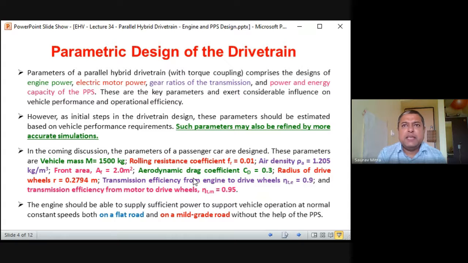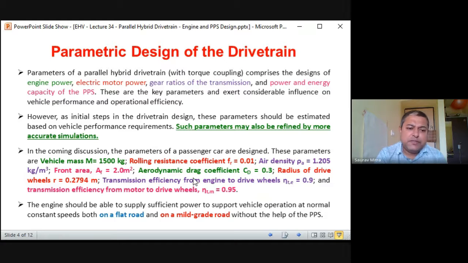So we found that tan 30 was 0.6. Okay, so that was 60%, not 30%. That was 60%. We had seen that. So some value of tan is equal to 0.6, and that was 60% grading. So it's a mild grade road. That means 5%, 10%, that kind of gradient is there, and on a flat road.